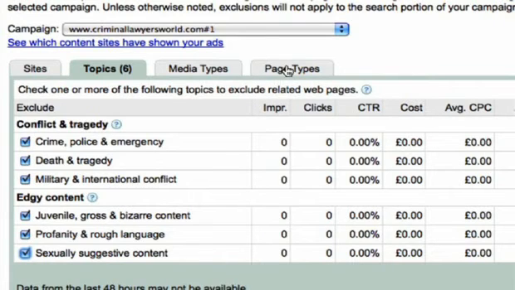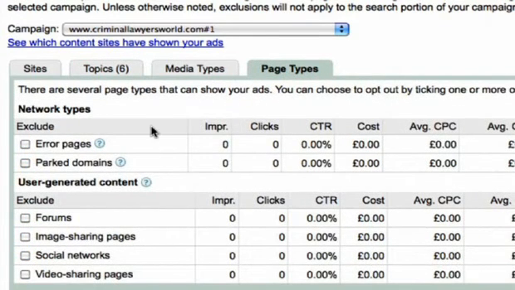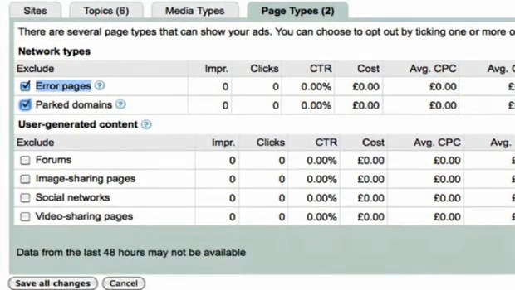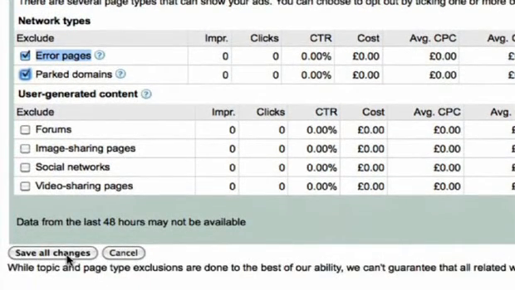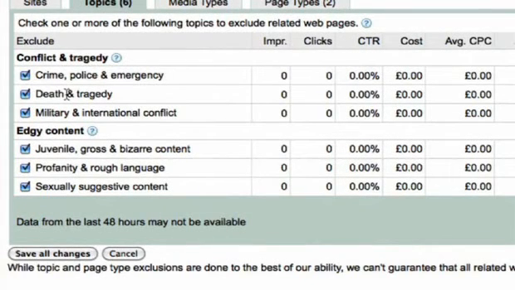And another one in the page types, by default Google will show your adverts on error pages. So again we just go in and click to exclude error pages, and parked domains is up to yourself, but I like to exclude that as well because a parked domain is not a working website. Then you simply click on the save all the changes button there, and that just makes sure that your advert is not shown on any of those types of pages and on any of those types of websites